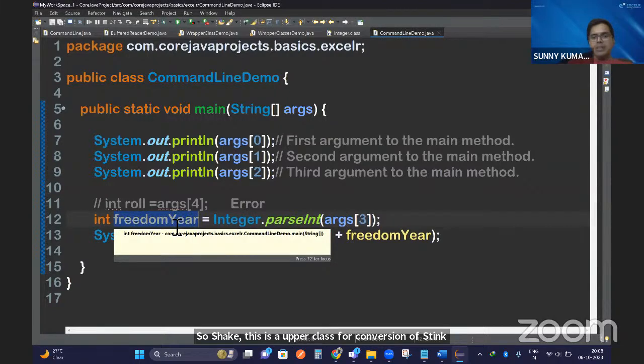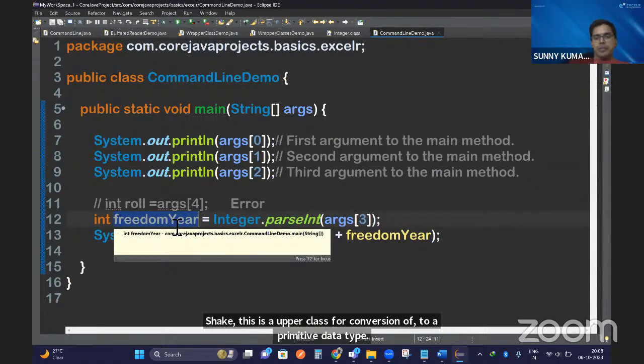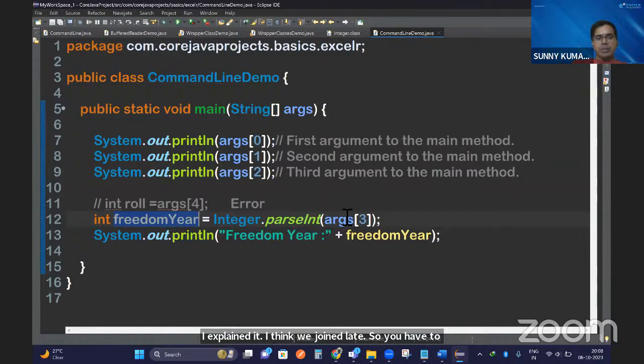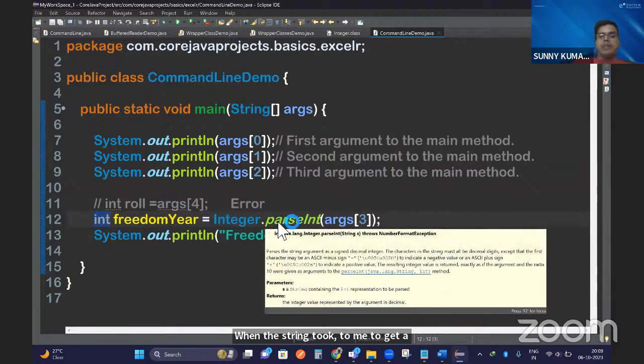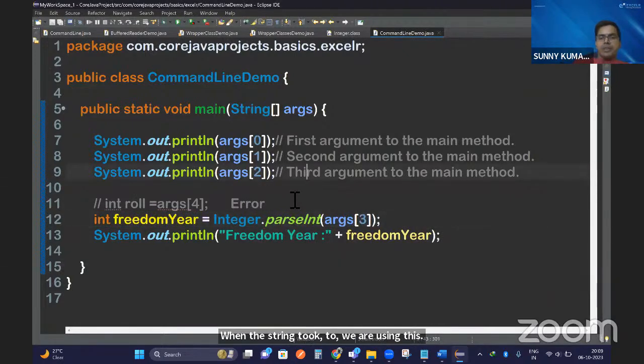Okay, so Sheikh, this is a wrapper class for conversion of string to a primitive data type. I explained it. I think you joined late. So you have to use this as a conversion for converting to a primitive data type. When it is string to primitive data type, we are using these wrapper classes. Okay. Now, if we are good with this,